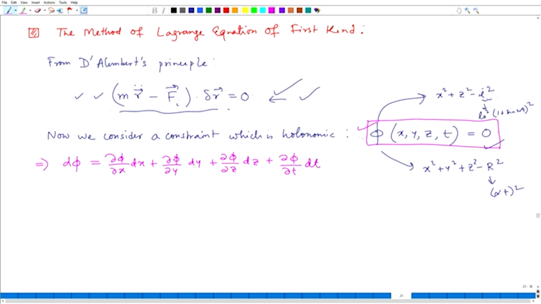So this is when we are just talking of change in phi in a real evolution where you have real displacements and real interval of time. But if we now do it for virtual displacements delta r, where time is frozen,